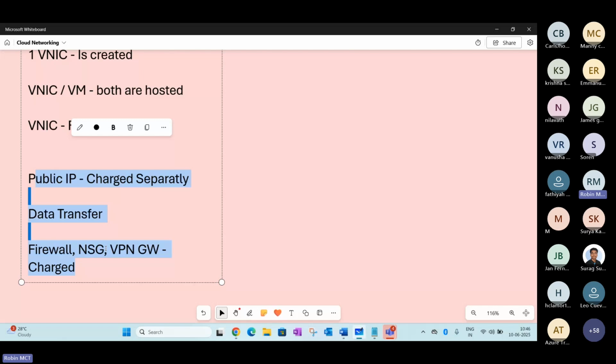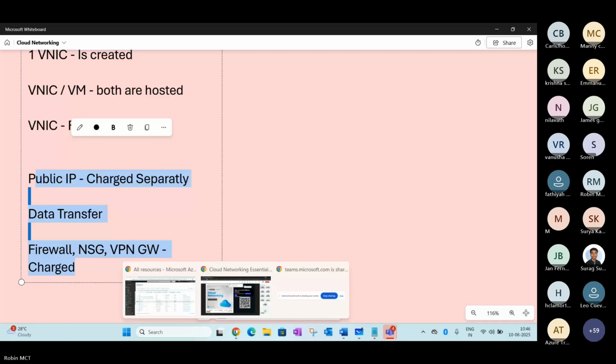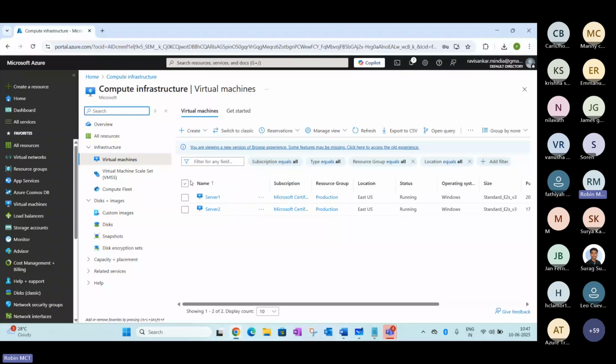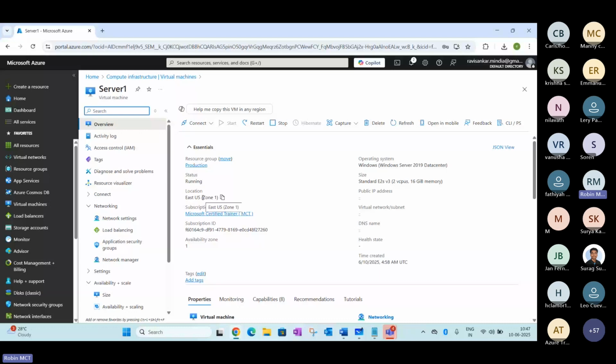Whenever you are configuring any kind of solution here, there is an option available where you can create multiple network interface cards. So if you go back onto the server here, in case you want to add multiple network interface cards, you can select that service here. Now, if you remember your on-premises scenario, you may be using a concept called NIC teaming, right? That was the concept used in an on-premises scenario.